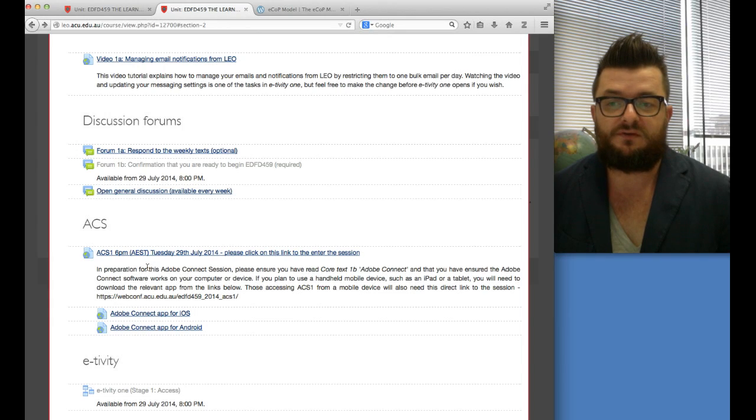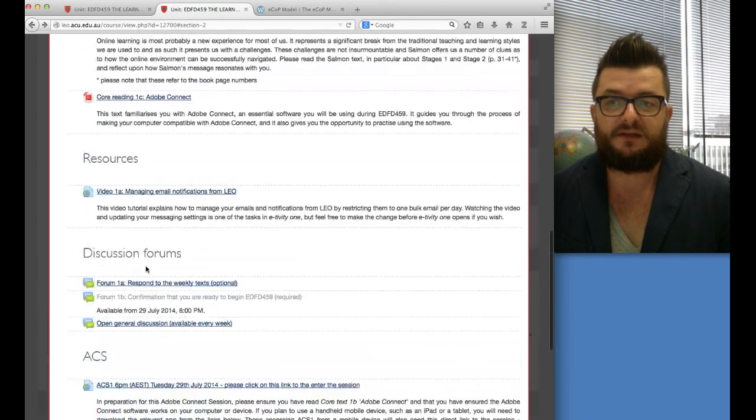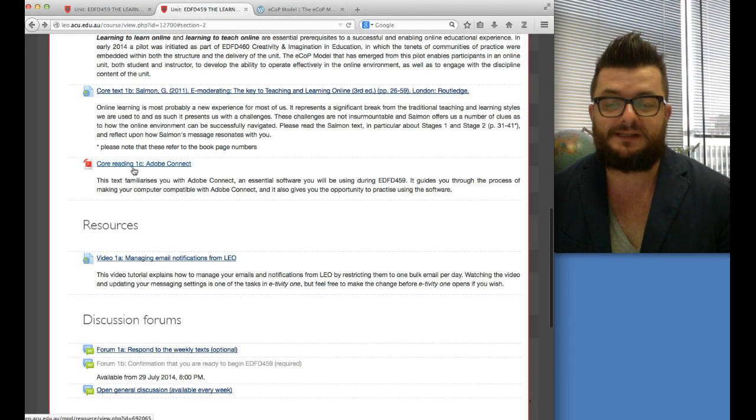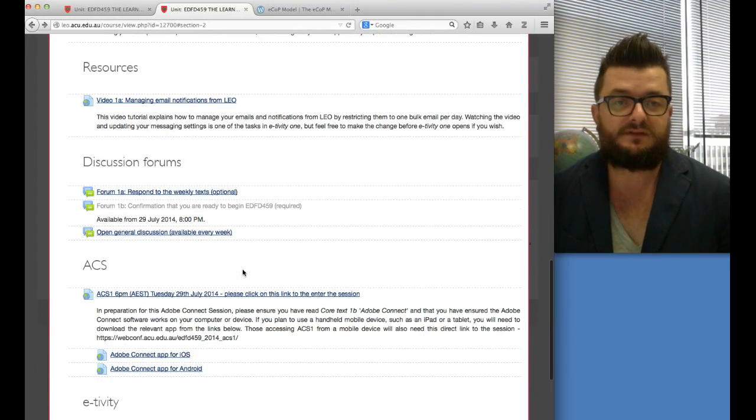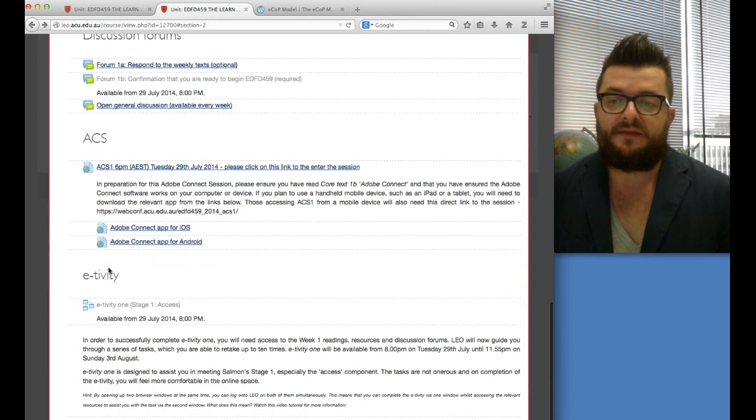So you need to read the core reading 1C, which is this Adobe Connect one, to set up your computer, and then we meet on Tuesday evening online as a group. And then every week you'll have an